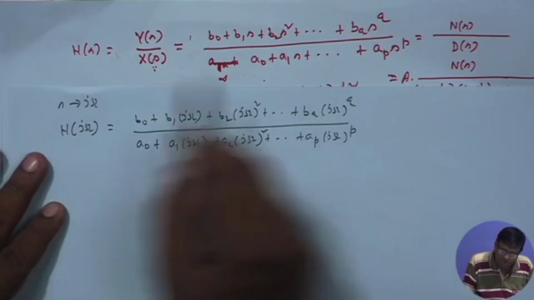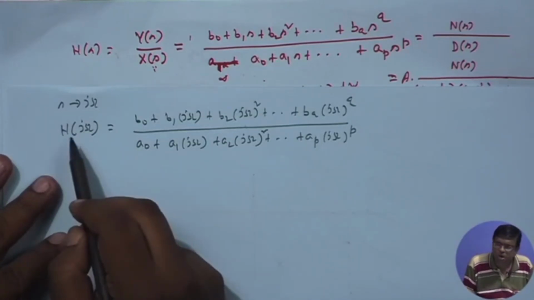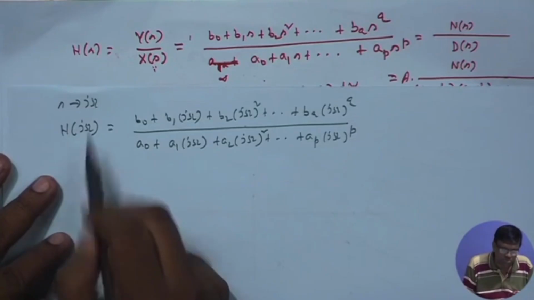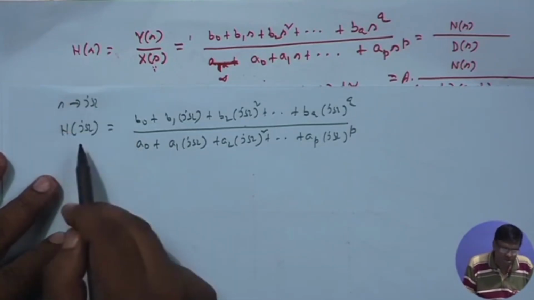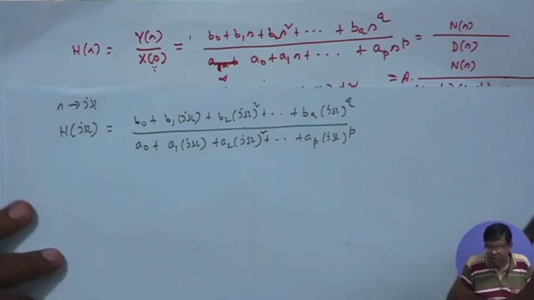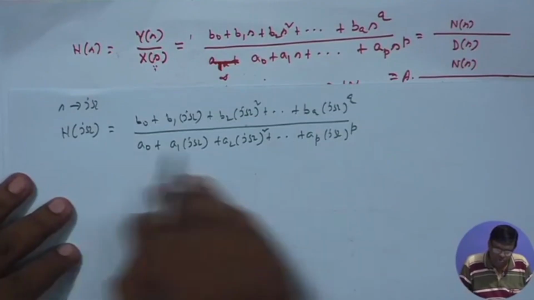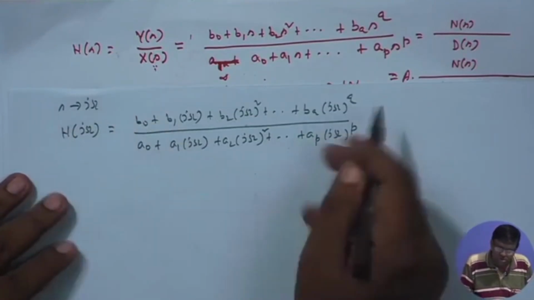This is a complex number in general. Any Fourier transform is a complex number. This is the analog Fourier transform of that analog impulse response. This was the more general transform, the Laplace transform. This is a Fourier transform. You take the mod of this and square, so that will be the magnitude square. You take the phase of these, all those things are there, right? So, the mod square of this will give you the magnitude